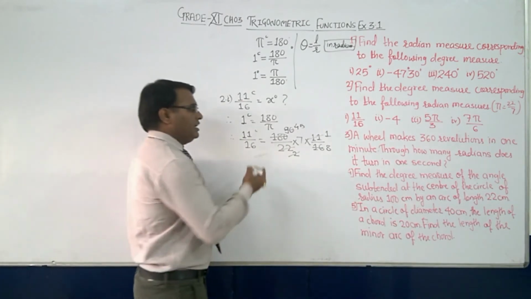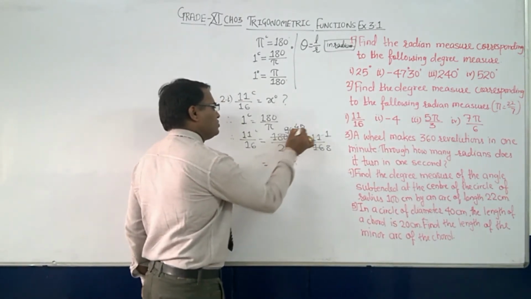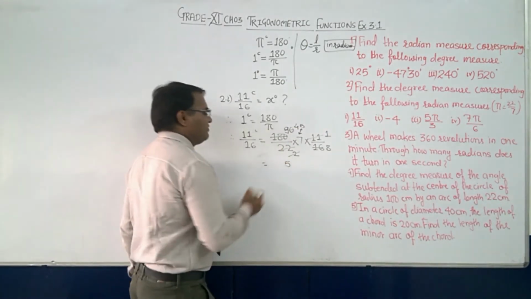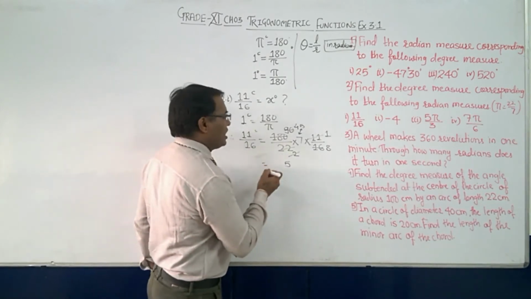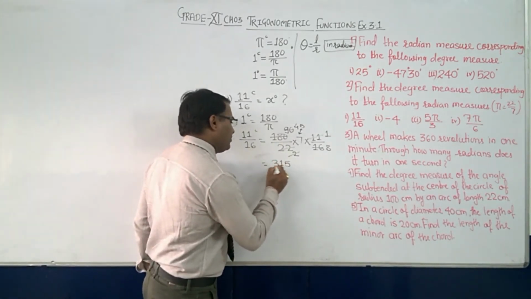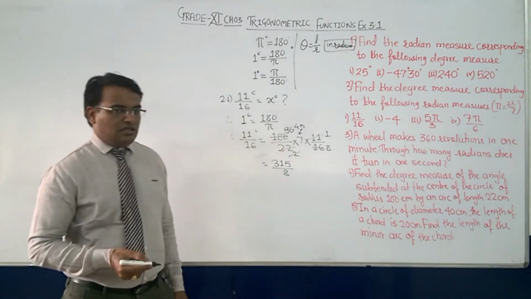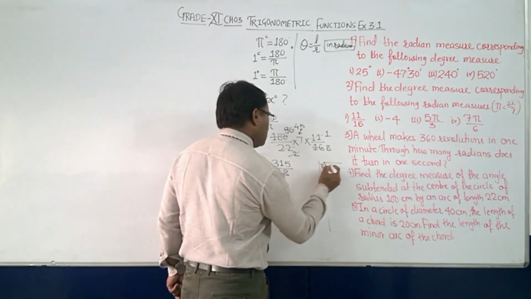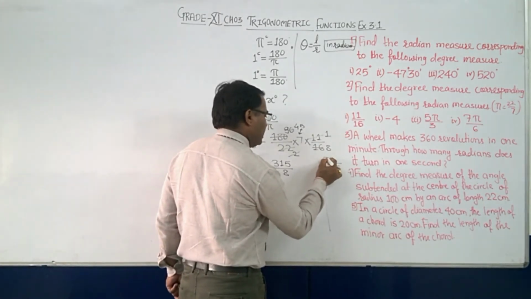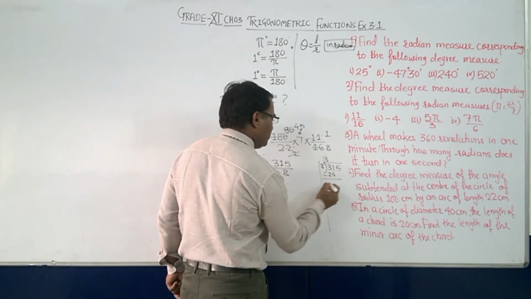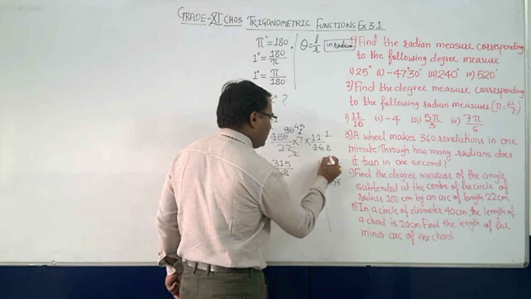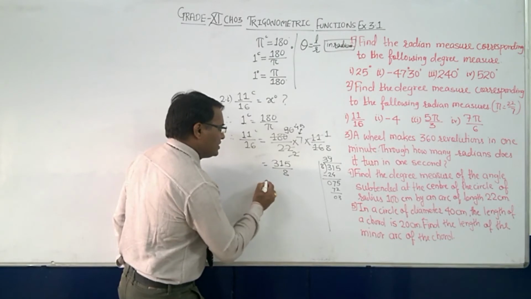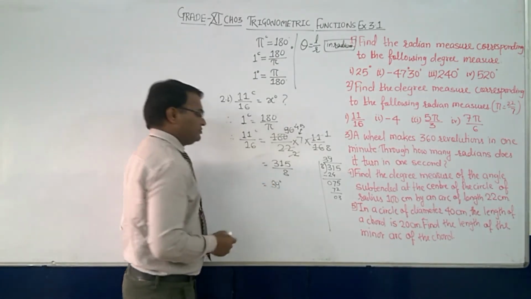Okay, so finally you can get 45 into 7. What will it be? 45 into 7 is 7 fives are 35, and the 3 carries, 7 fours are 28 and 3 is 31, so 315. Then 11 into 180 is 1980 divided by what? 8. Now what will happen if you divide it? Okay, that is what? 8 upon 315. So it is 8 threes are 24. Okay, then 7 and then 5. 8 nines are 72. It means 3. It means what? This is equal to 39 degrees.